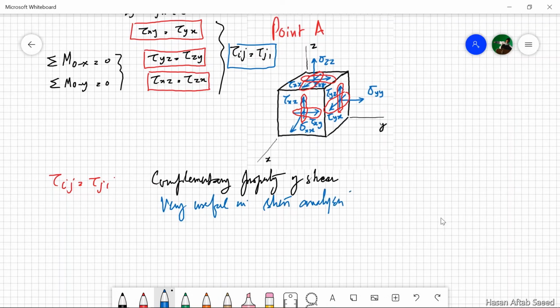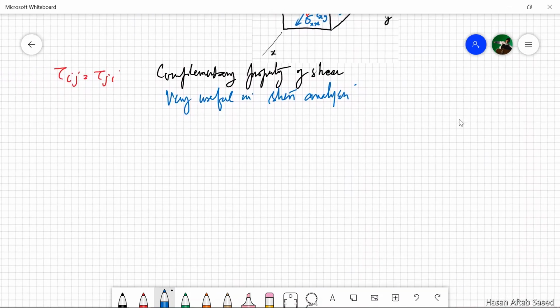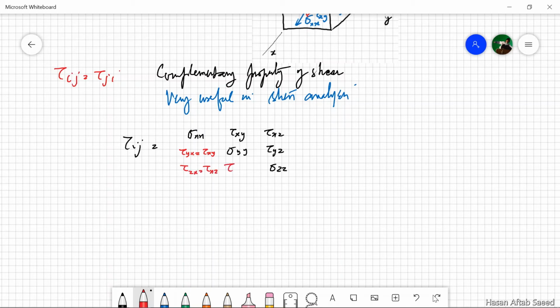As a result of the complementary property of shear, the stress tensor can be represented as, or simply,